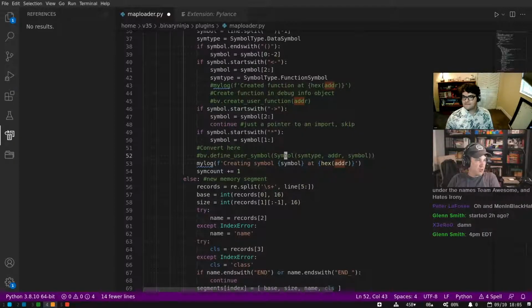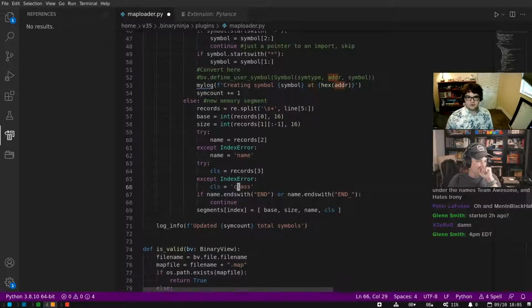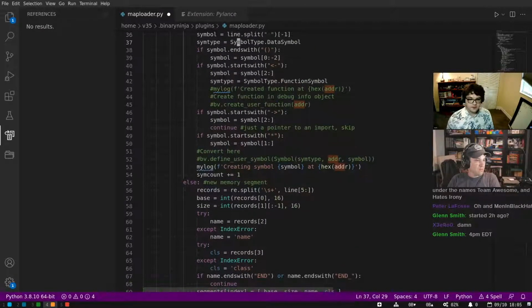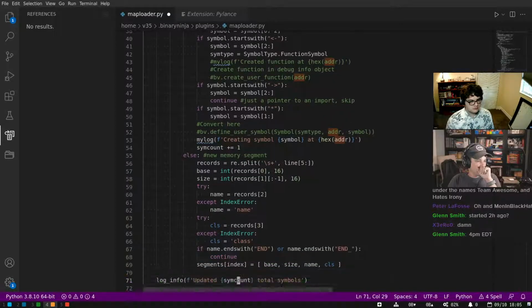And then we only have two new things essentially. We have this one, and we have this one, and there's memory segments. I didn't include any memory segments in the Borland map, but you would create them exactly as you did before, since that's not part of the debug info object currently. Oh, that's fair. It doesn't need to be. Yeah, you can create them before analysis starts.